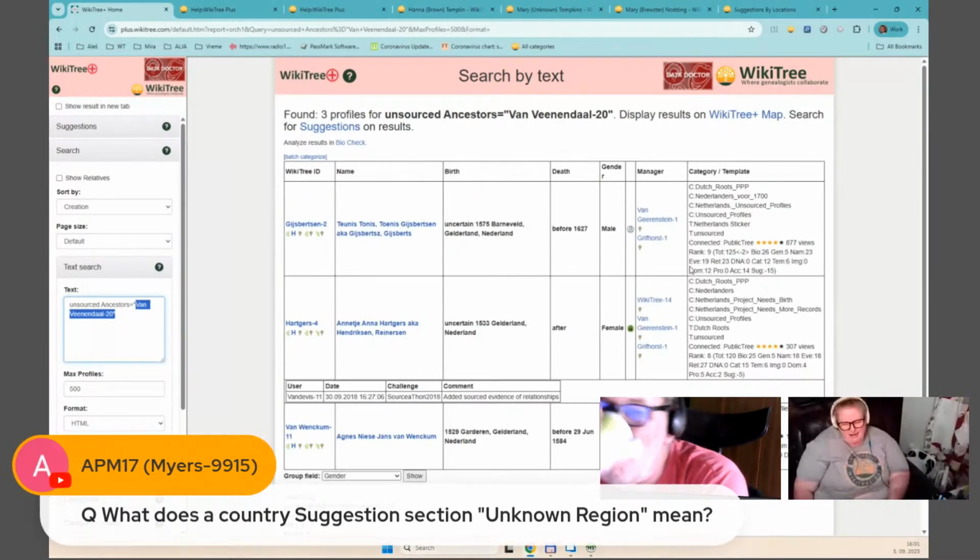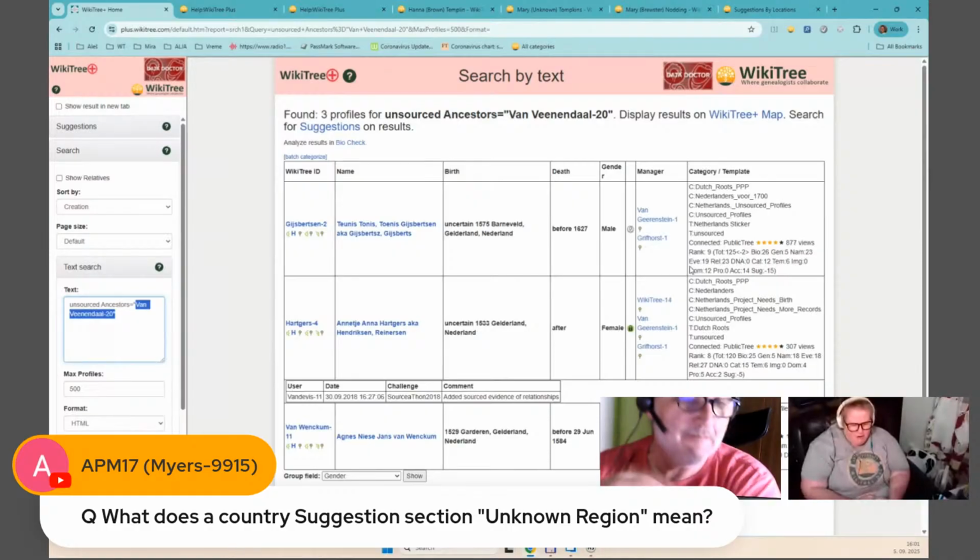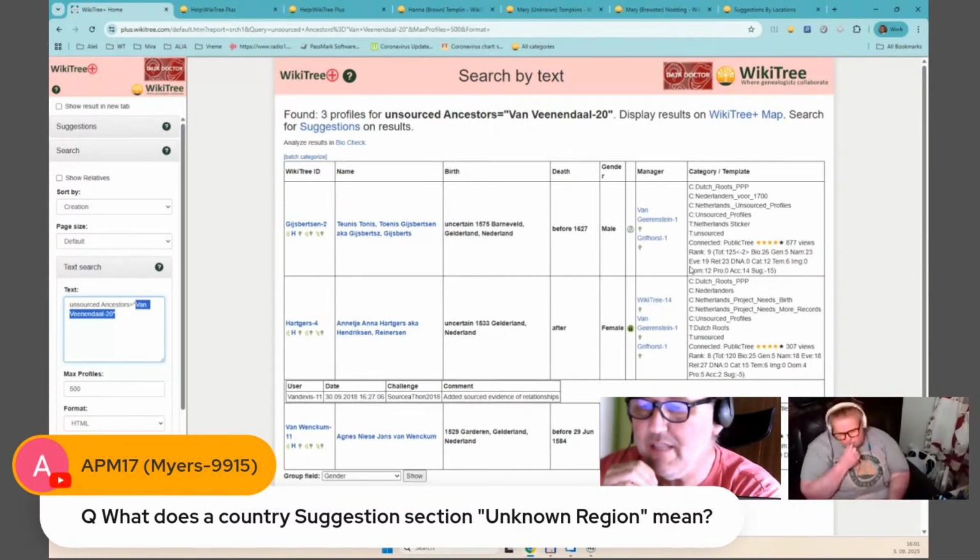Okay, so Amanda has a question, and then we probably better wrap it up. She's asking, what does a country suggestion section unknown region mean? That means that the region was not recognized. So this is